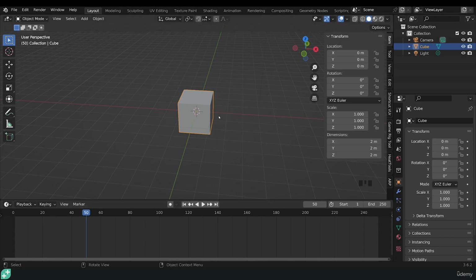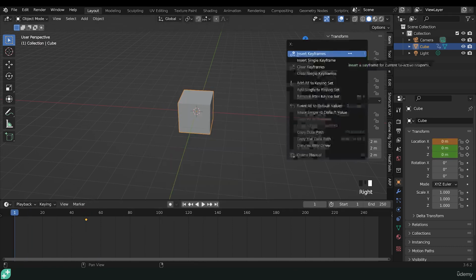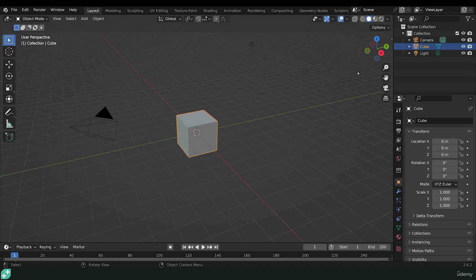In this lecture, there'll be a basic reminder of the Blender interface and we'll introduce you to keyframes. Okay, so I'm in the basic startup file. I'm in Blender 3.62 and I'm in the layout workspace. Now there is an animation workspace which I'll talk about later, but we can do a lot from the basic